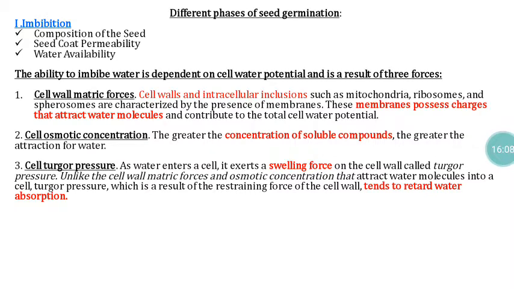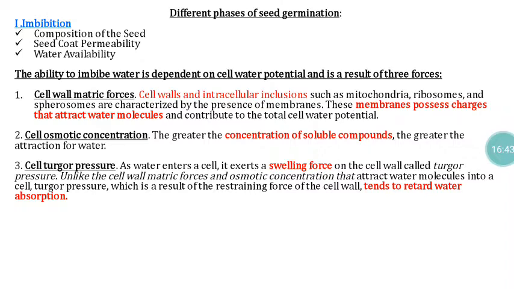So under this situation, we have to regulate, or we have to increase, the seed sap concentration. Only after increasing that seed sap concentration should we go for sowing of the seeds under salt affected soil conditions. Without increasing the seed sap concentration higher than the soil water concentration of the salt affected soil, if you go for sowing, you cannot get any germination. So the cell osmotic concentration also plays a major role with reference to the entry of water into the seed system during the process of imbibition.